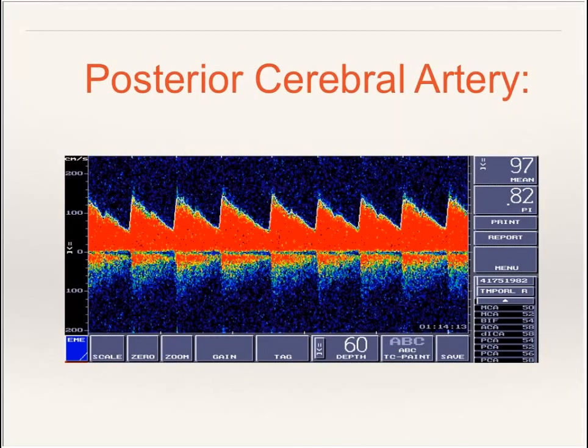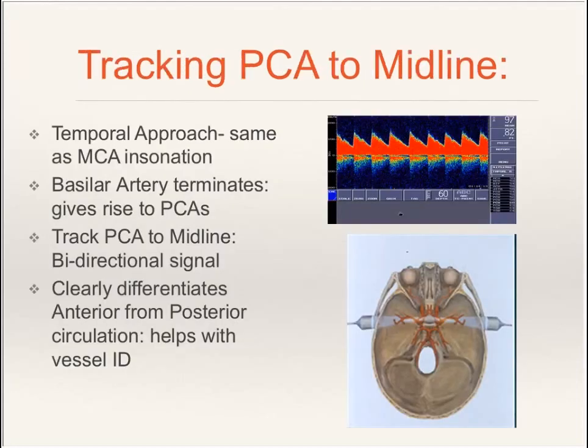And this is a typical posterior cerebral artery. You can see again that the mean is lower than the anterior circulation. The depth is at about 60, and it still has that nice systolic diastolic component, but the peaks are much lower than the anterior circulation. So you can follow that PCA deeper as you move from 52, 54 to the midline,